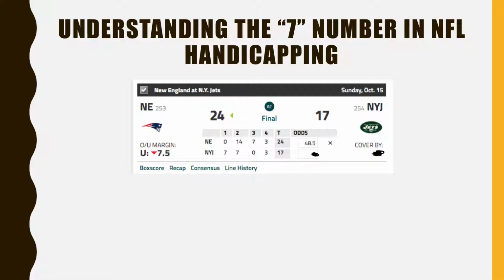All right, understanding the 7 number in NFL handicapping. I just copied some games from previous years to show you that you'll see a game like this, 24-17. New England scored 3 touchdowns and kicked a field goal, 24. Jets, 2 touchdowns and a field goal,